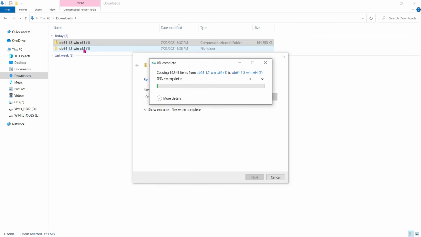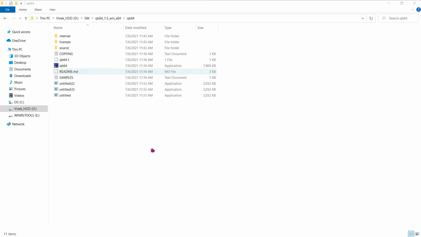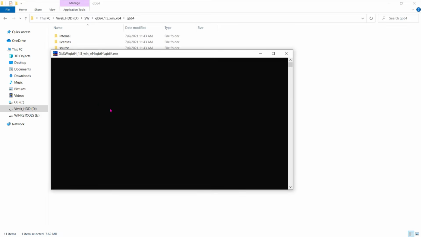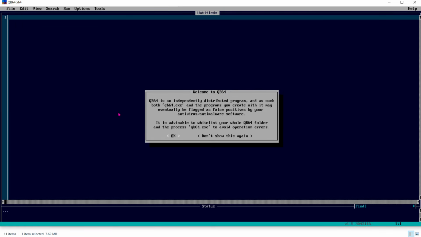It will take some time. Once the extraction is completed, go inside the folder, see this QB64 icon and double click on it, and then it will open this window. This is the QB64 editor, what I mentioned as IDE, Integrated Development Environment.